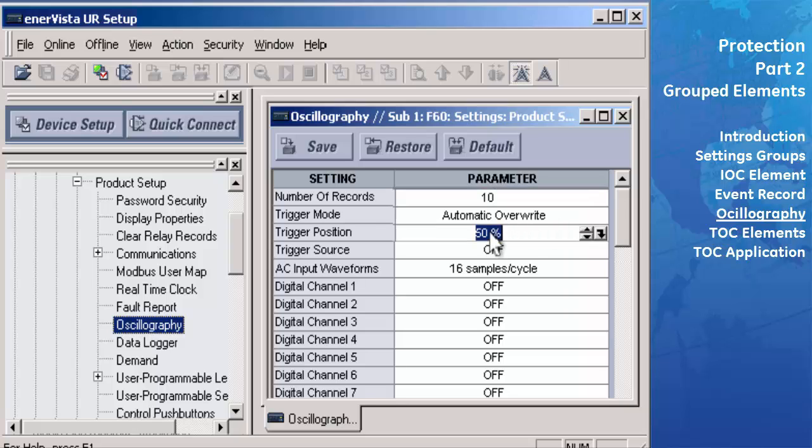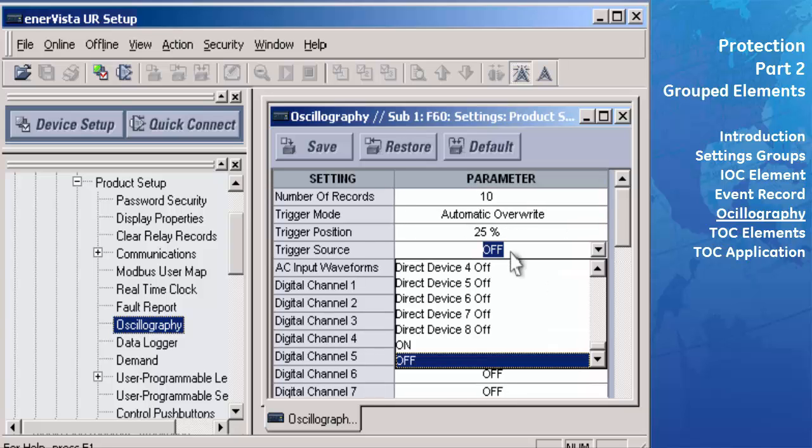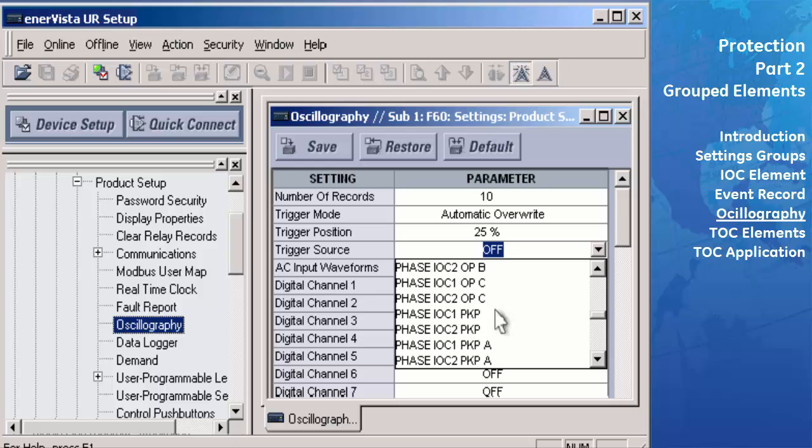We will set the trigger position to be 25%. This will result in an oscillography where 25% of the record will show what happened before the trigger, and 75% of the record will show what happened after the trigger. The trigger source tells the UR when to start recording an oscillography. Since we want to record whenever the instantaneous overcurrent element detects a fault, we will set this field to phase